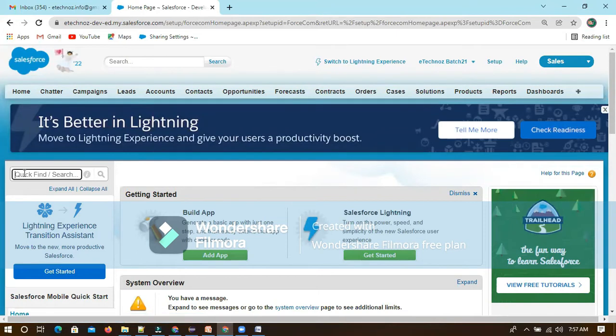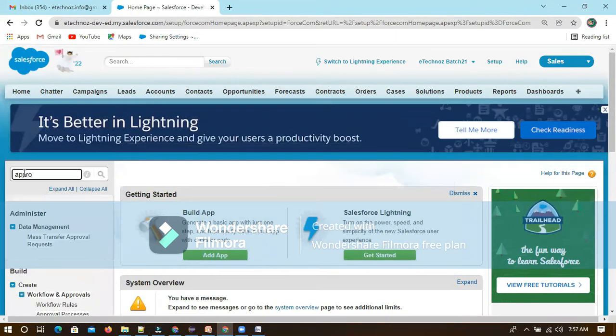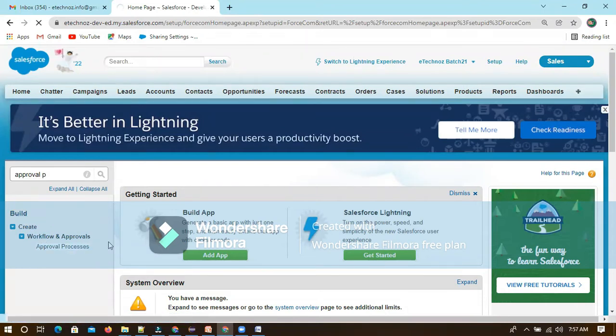You just need to go to Setup and type approval process. You can find it under Build, Create, Workflow and Approvals. So this is the approval process. Yesterday we were trying to create it.